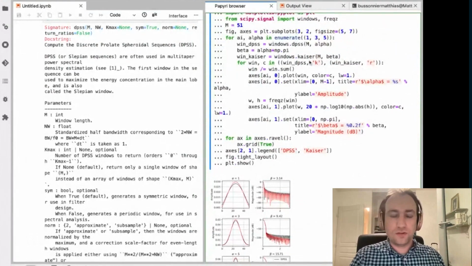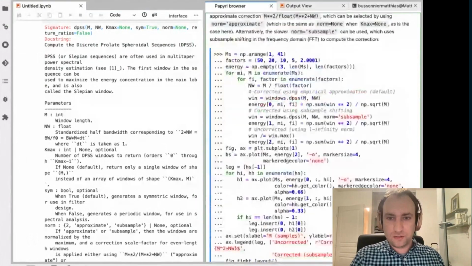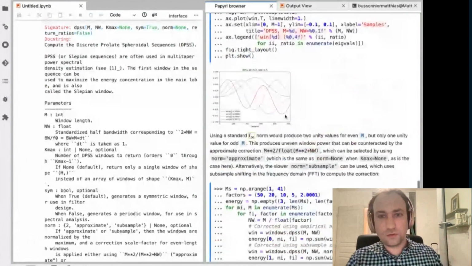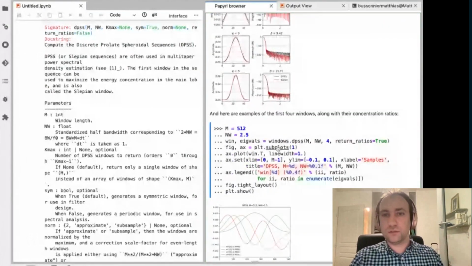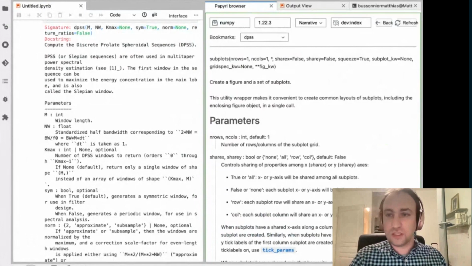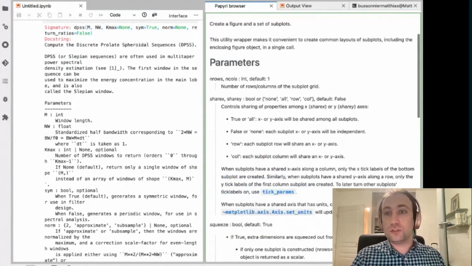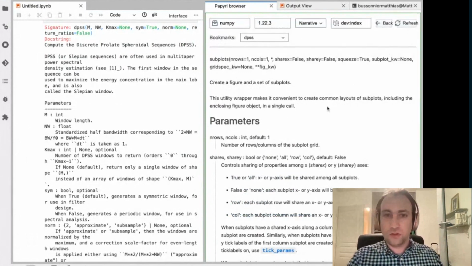Let's try to go somewhere. Let's go even across libraries. I want plt.subplots. I can click on subplots and see the documentation from Matplotlib subplots. And not only do I have navigation across functions, I can go back and forth, which is not implemented yet. I can also jump to narrative documentation if I want. So here I have the narrative documentation from NumPy.